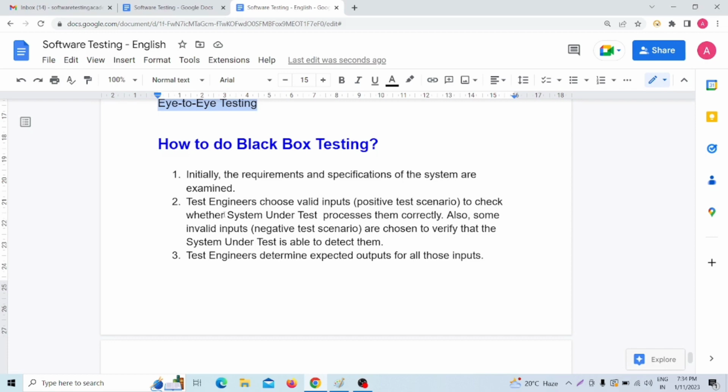Then the test engineer chooses valid inputs, meaning positive scenarios. Positive scenario means we have to put in some valid inputs. I have already discussed this in my positive testing and negative testing video. So if you have not seen my positive testing and negative testing video, then I recommend you please see it. Okay, so the test engineer chooses some valid inputs to check whether the system under test processes them